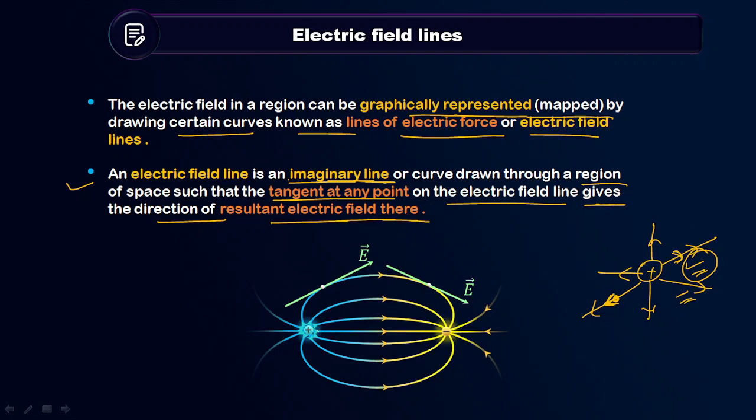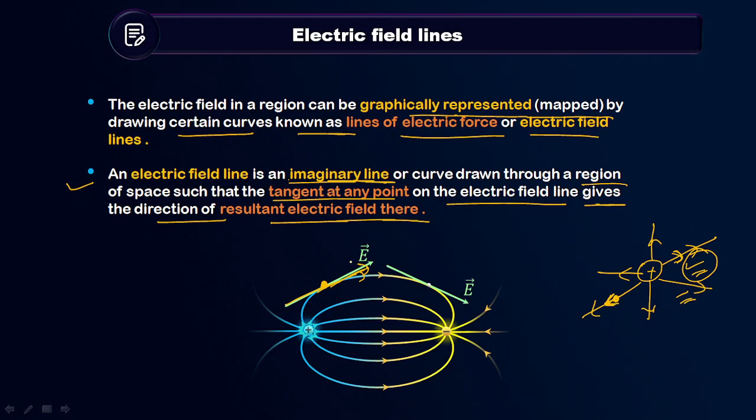So suppose here we have two charged particles, plus charge and minus charge. So we will see the properties. From plus charge, electric field lines originate, at minus charge they terminate. So if I draw, the graph will be like this. So at this point, if I want to find electric field, just draw the tangent on the electric field line, and that tangent's direction will be the direction of net electric field.